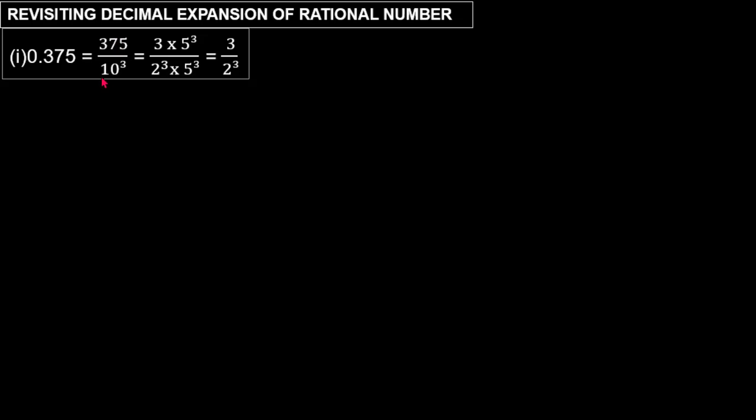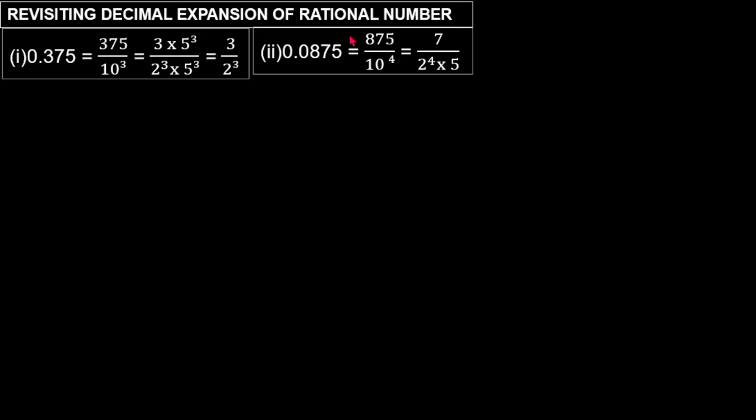Now you can write them in terms of prime factors. This can be divided by 5. If you go on dividing by 5, it will go 3 times and then it will be divided by 3 also with remainder 0. Similarly this, and if you simplify, you get this by this. So this is a representation of this decimal expansion. Similarly, this has to be divided by 10 raised to power 4, and if you go on simplifying, you will further get this number. You can carry this out in the graph.